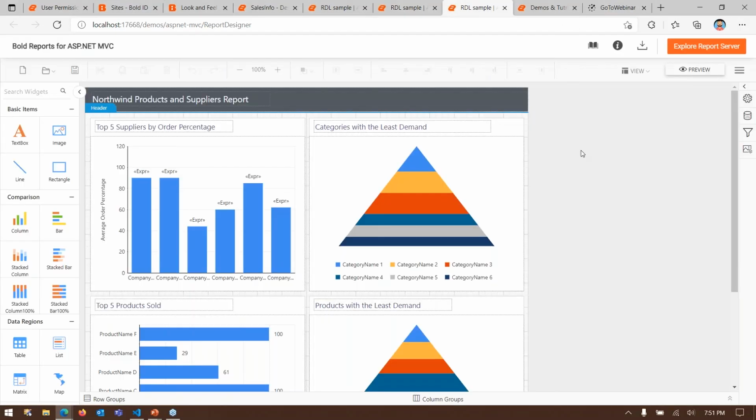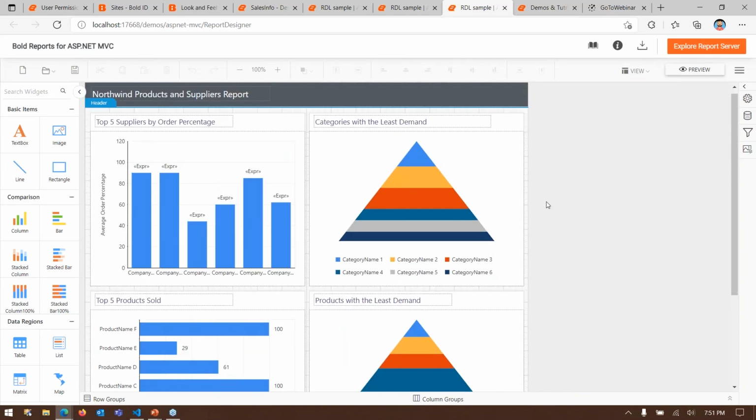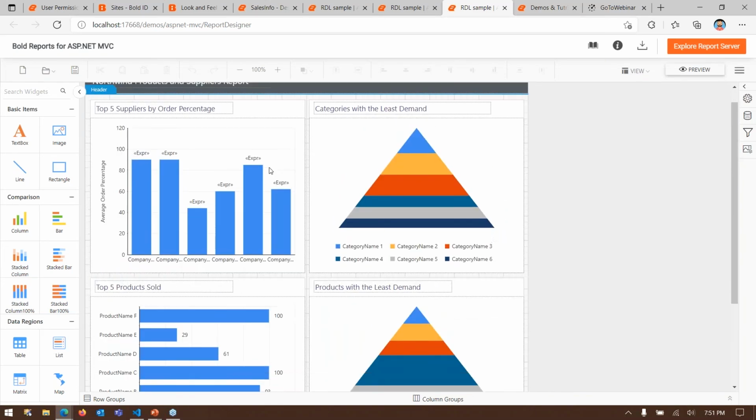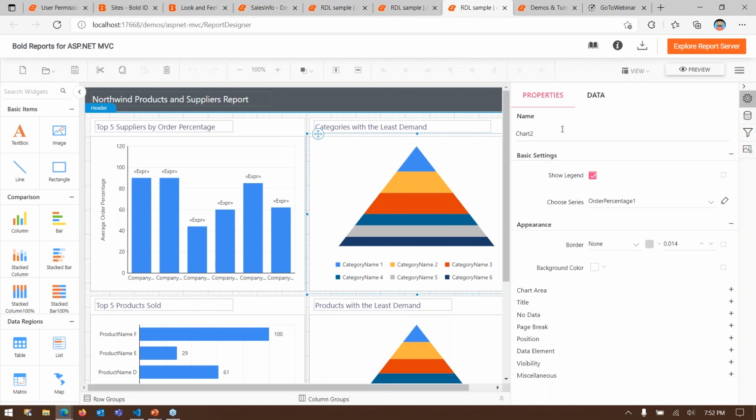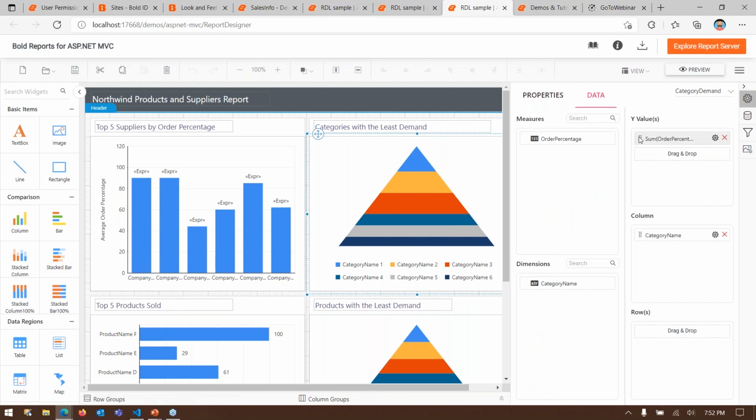Let me move on to the next tab. You can see this report, right? This is also a simple report. Actually, this report is also available on all the demo websites. Let me now click on the chart, and let me click on settings. Under settings, we have properties and data. Let me switch to data, and under y values, we have